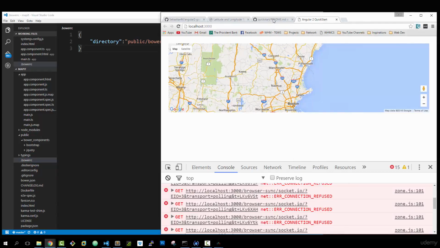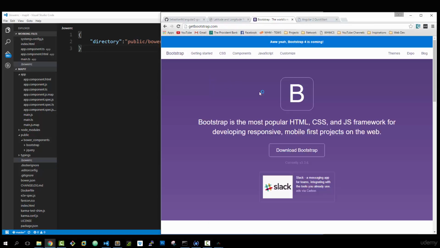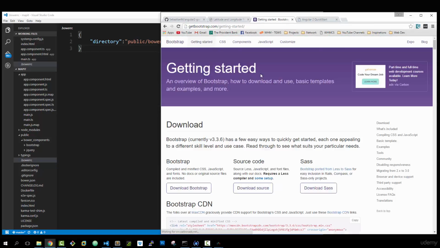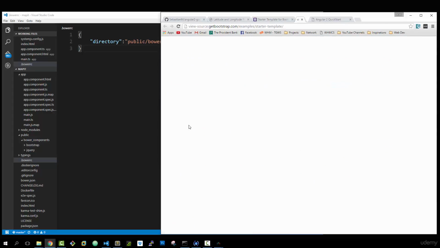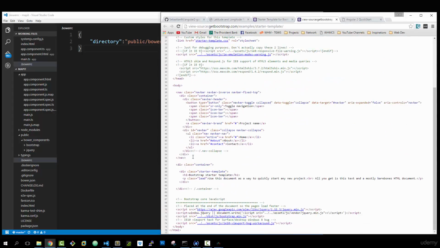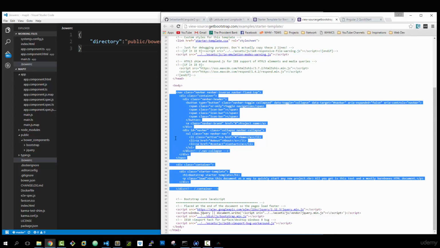So now what I want to do is I want to grab a navbar. So let's go to getbootstrap.com and go to Getting Started and Examples, and then the starter template, Control U, and let's grab this here,